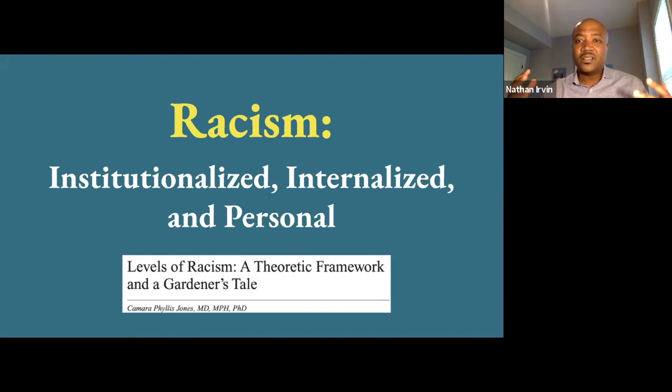There's also this third concept of internalized racism. And this is defined by the acceptance by members of the stigmatized races of negative messages about their own abilities and intrinsic self-worth. It's characterized by them not believing in others who look like them, but also not believing in themselves. And it's really the sort of internalization of all this negativity that society and institutions confer upon them.